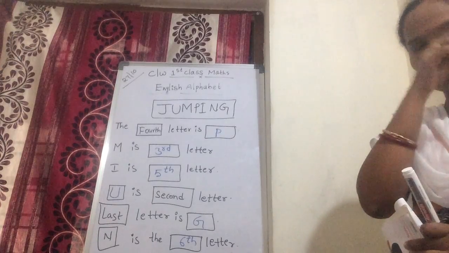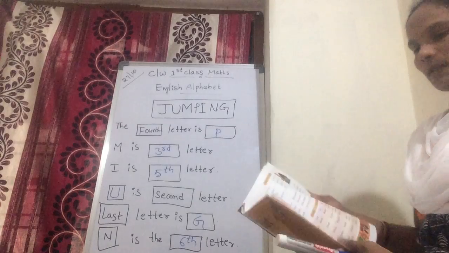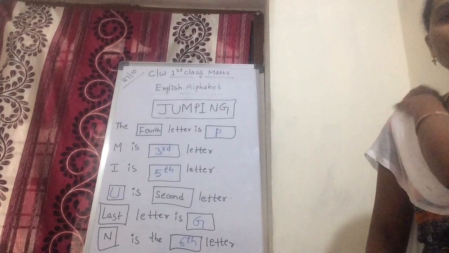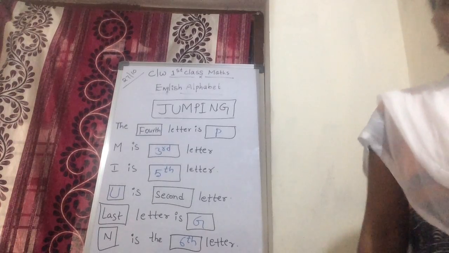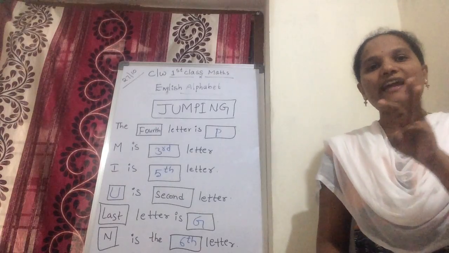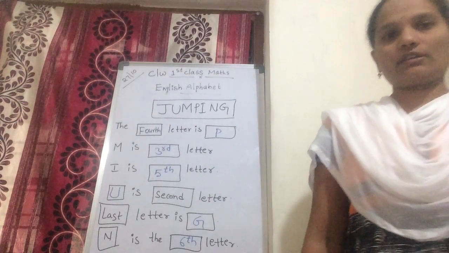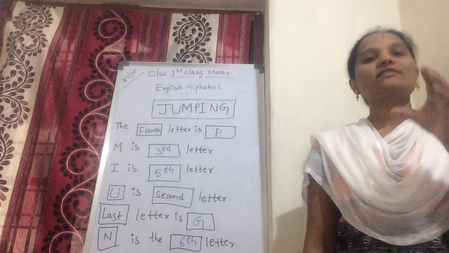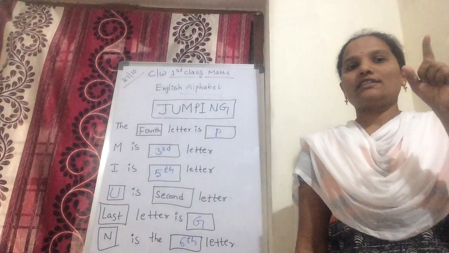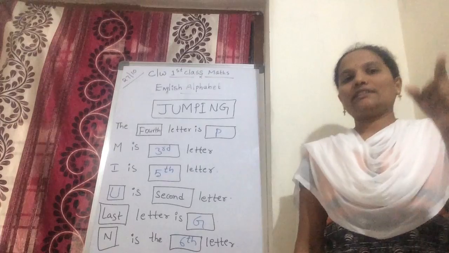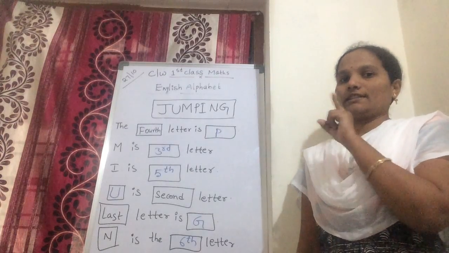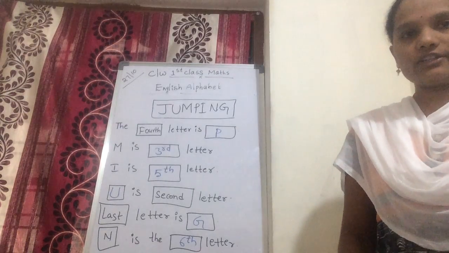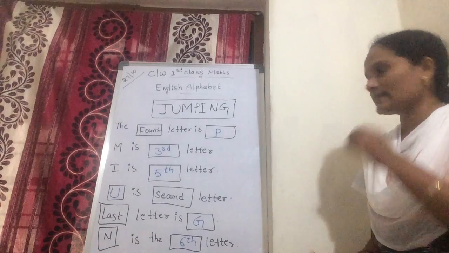We can understand what ordinal numbers are. Children, ordinal numbers are first, second, up to 10th, like that. That is called ordinal numbers. We are adding only th. When we use numbers 1, 2, 3, 4, like that. But in ordinal numbers, we are adding th. For example, first st, second, third, fourth, fifth, sixth th, or some suffix is added. Okay, that is the ordinal number. Some suffix is added. Okay, children.